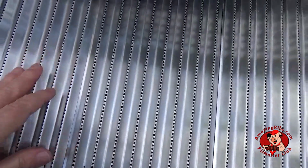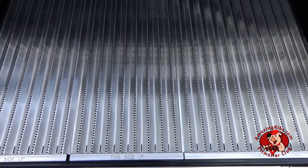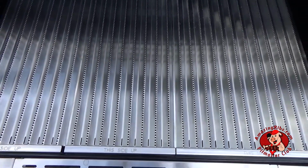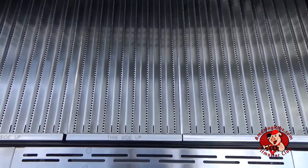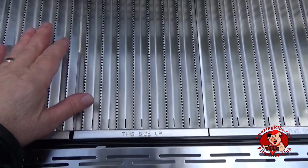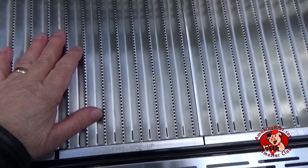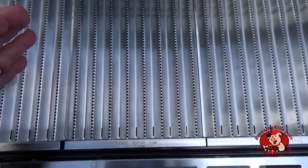Thin stainless steel emitter plates go over the burners. Char-Broil's had this for some time. It used to be called True Infrared, but they just changed the name to Amplifier. The plates store and amplify heat from the burners. They prevent flare-ups